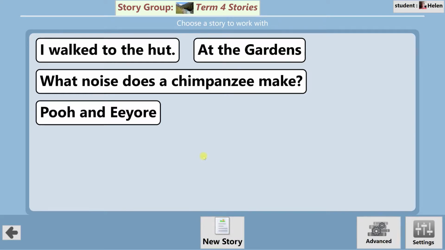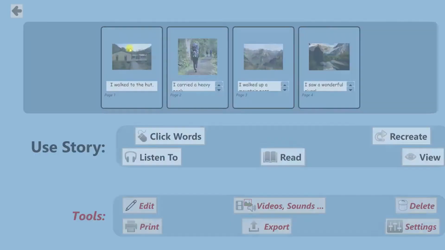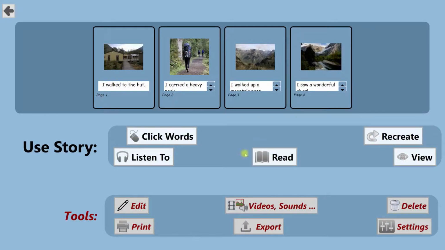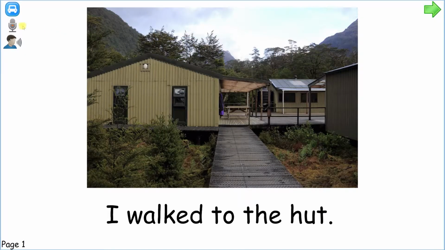I'm going to show you how you can actually record the text on a page just as one recording, because for some students they can actually do that themselves. So I'm going to take this book, I Walk to the Hut, and you go to view mode. So click on view mode, and then we have got the microphone up here. We'll click on the microphone,